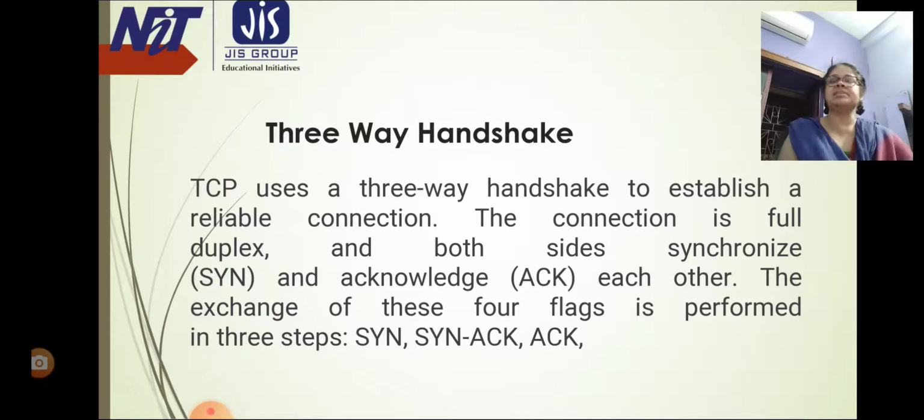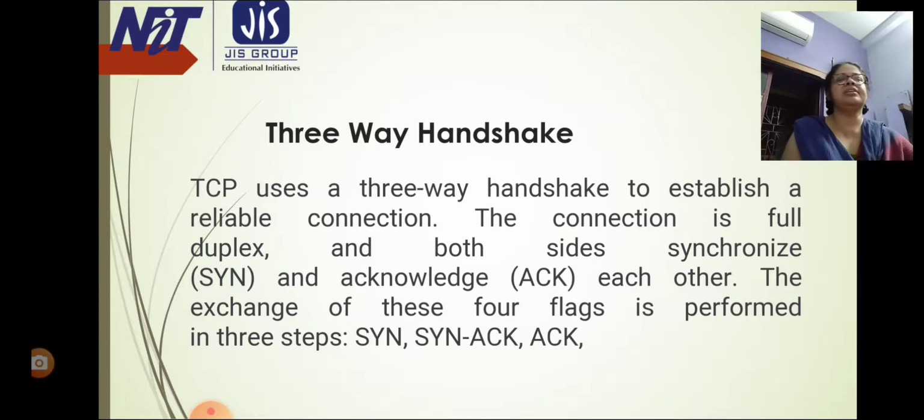TCP is reliable as it uses checksum for error detection, attempts to recover lost or corrupted packets by retransmission, acknowledgement policy, and timers. It uses features like byte number, sequence number, and acknowledgement number so as to ensure reliability.